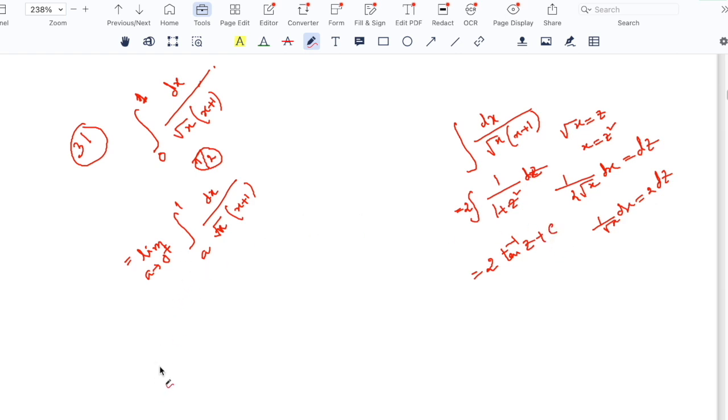So directly now I can put here limit a tends to 0 plus to tan inverse z. Z means root x, to tan inverse root x, lower limit a, upper limit 1,